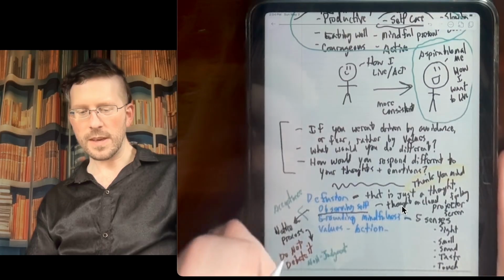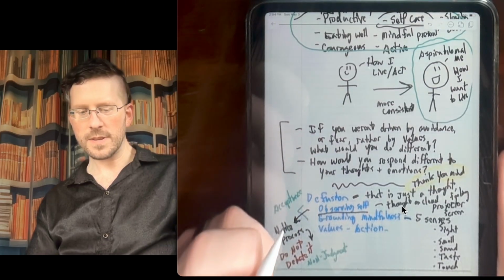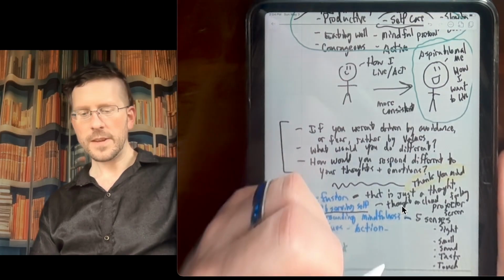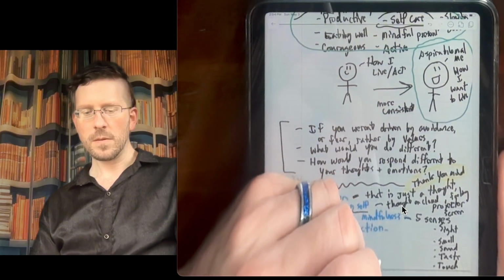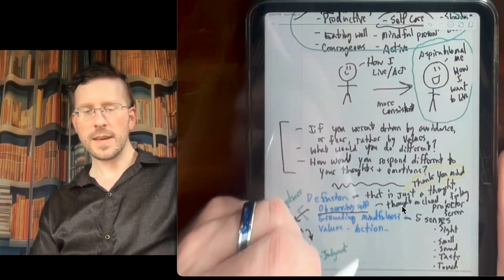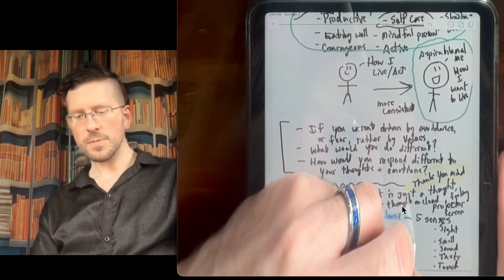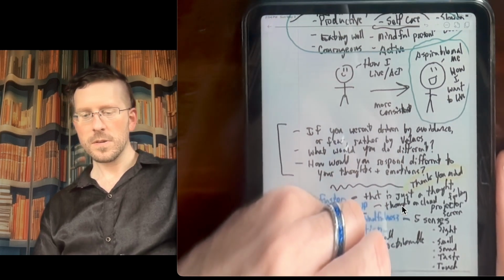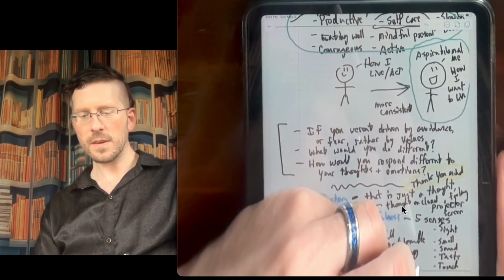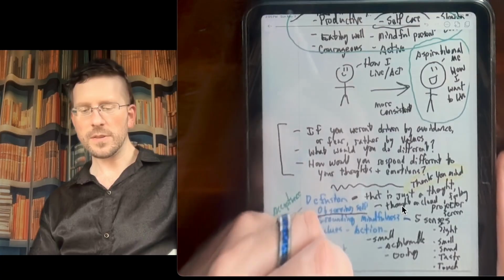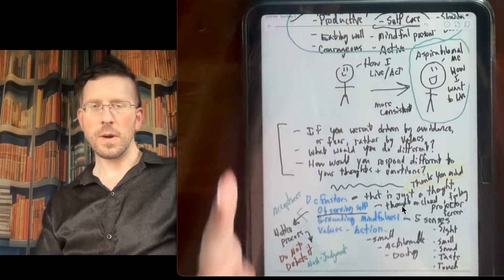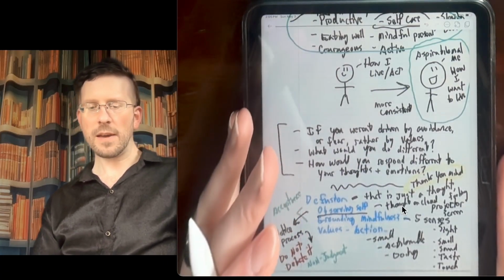It's really not even to think of thoughts as negatives or positives. The thoughts are just thoughts, and you're just observing them. But what are the positive actions that you want to take? Small, actionable, doing something. What can you do? And you're going to be doing it while you may still have those thoughts.